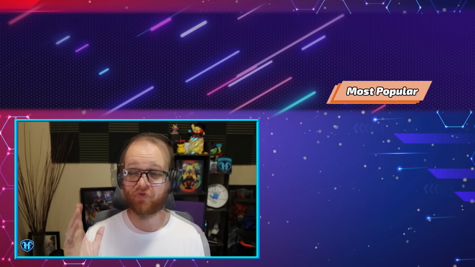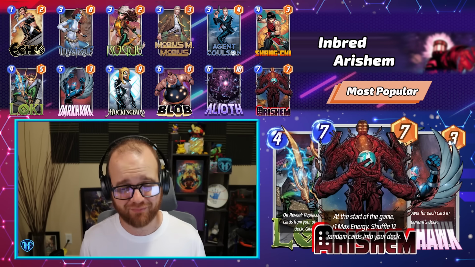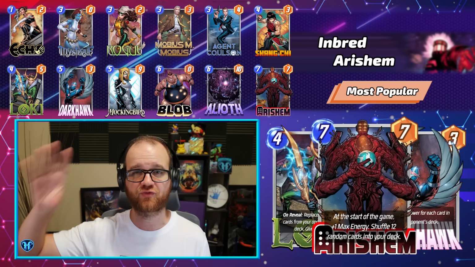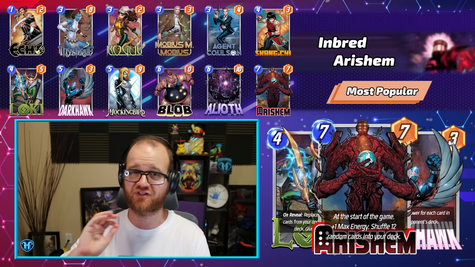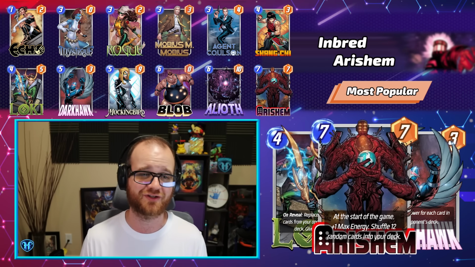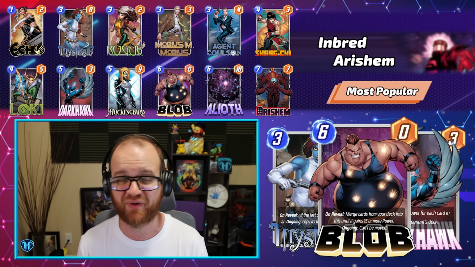Moving along to our most popular decks per Untapped metrics, Airshim is definitely still number one with a bullet. It's worth noting, though, that its play rate is down from the north of 75% that it was in the few days following his release to now sub 40% and even sub 30% depending on which slice of data I look at on the Untapped tracker. The most popular build of Airshim by a wide margin is still this incredibly inbred one, playing things like Darkhawk and Blob and even Mystique to double level up on these,